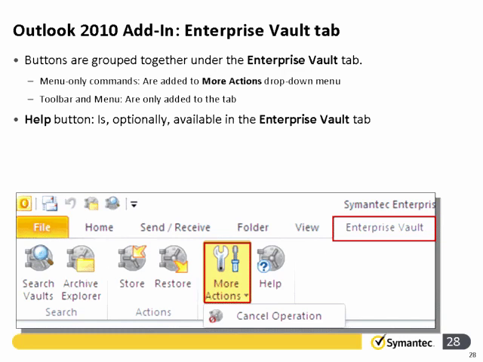You can see on the Enterprise Vault tab the individual buttons that will show up based upon, again, the permissions that you have been provided with through the desktop policy. Now again, we don't have a separate menu option for the Enterprise Vault menu items, so anything that you've been configured for to use on the menu will show up under the More Actions option under the Enterprise Vault tab